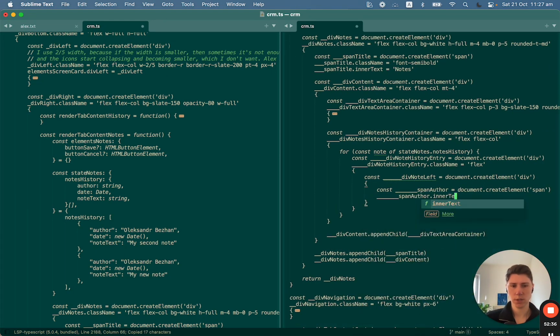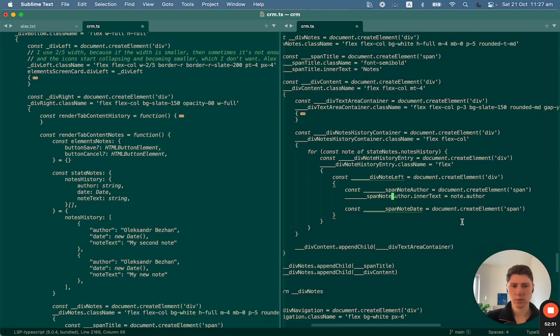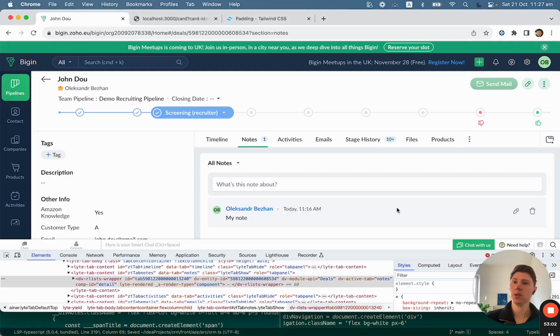And inner text will be node author. Then we will have span date, node date, node author. Well, yeah, that's fine, that's also okay. And here we will have inner text will be